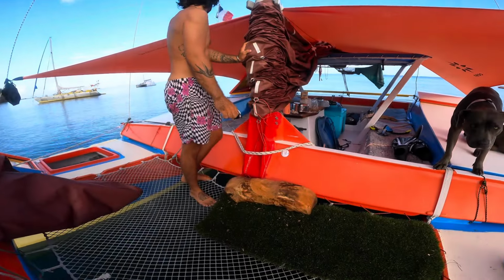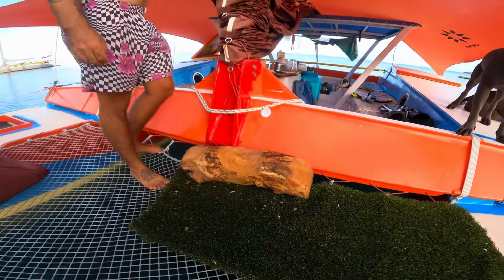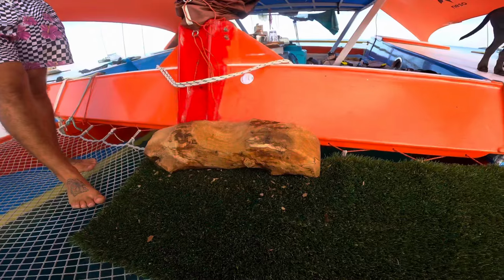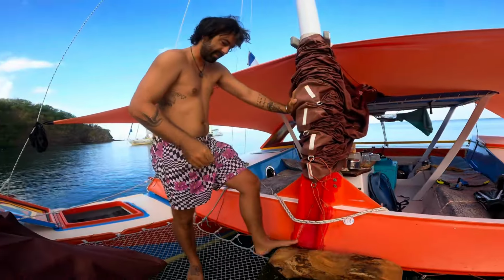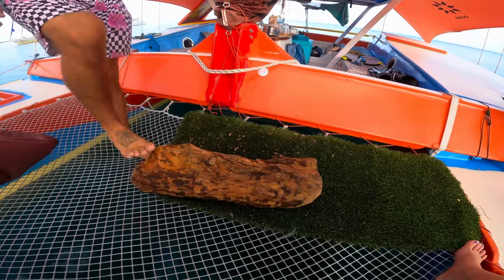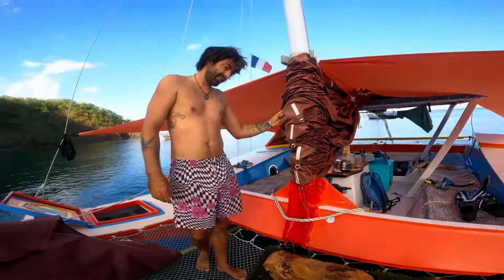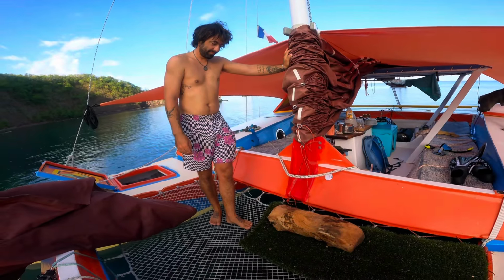So Alex found this piece of, we think, mango wood while snorkeling. And he's been carving it and chipping. It's a little side project. We are gonna make it into a giant platter. Nice, that's natural indentation already. So we just use the natural indented side as the hollow and the natural other side as the bottom. Because not a lot of types of wood sink. It's either fruits or